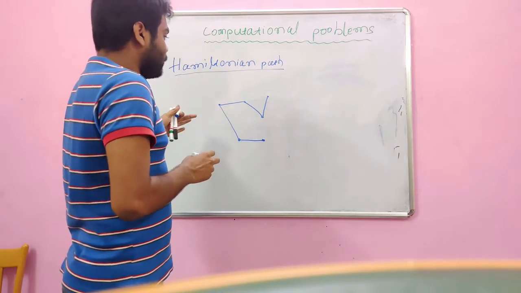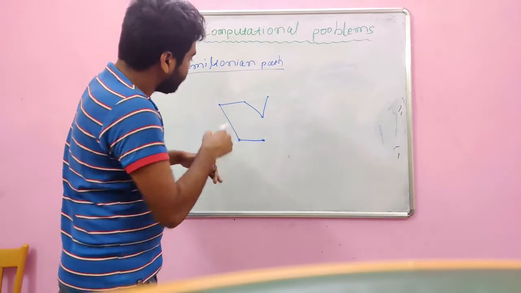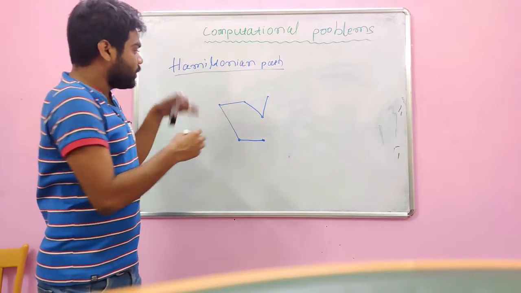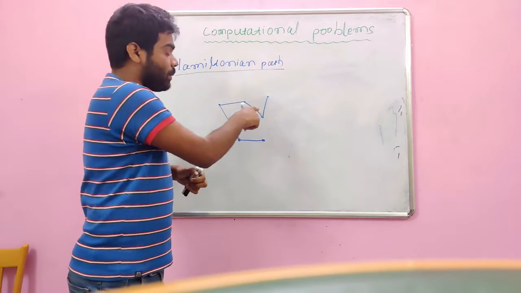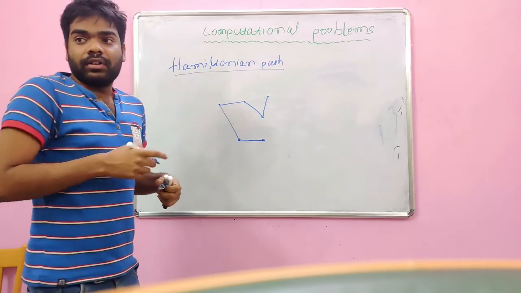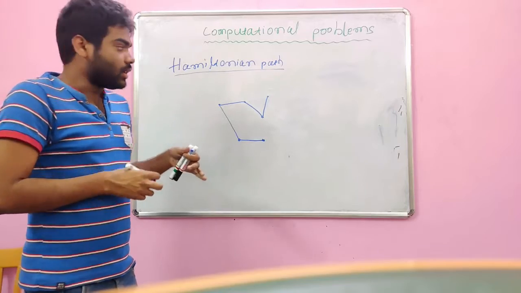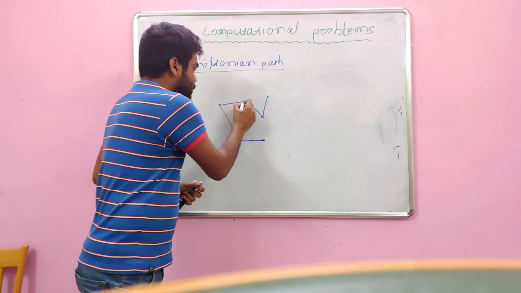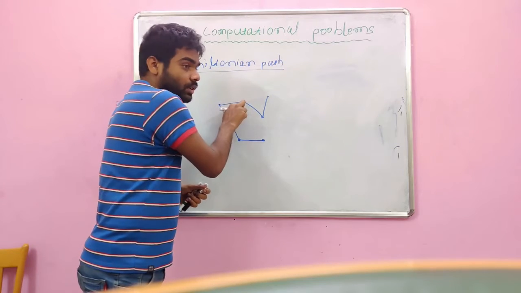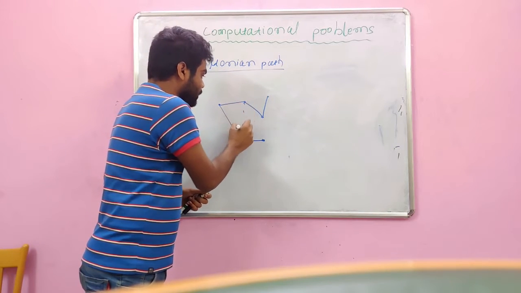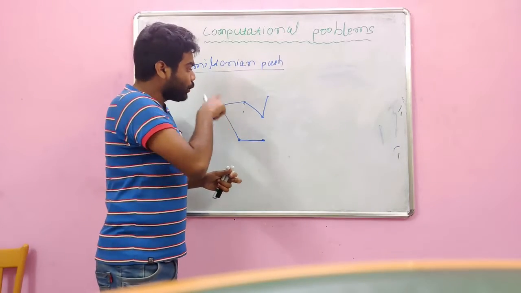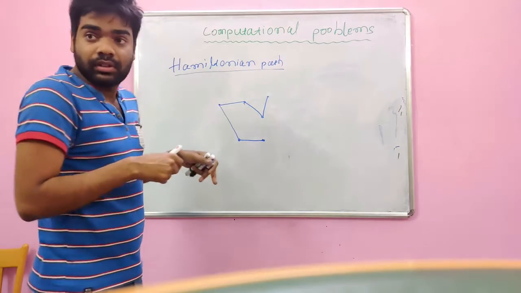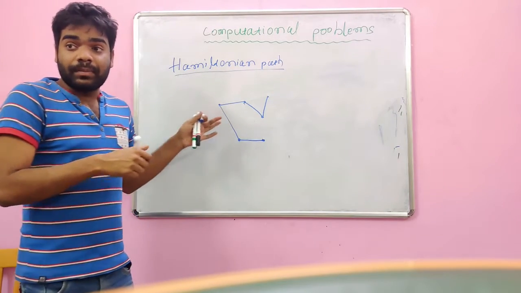In a Hamiltonian path, you just have to think of one thing: all the vertices will be touched only once. They cannot be touched like this, like this. So this is called a Hamiltonian path. Only one way line should be there, so it cannot intermix any two vertices. Only one time will your edges pass through one vertex. This line is passing only one time. If I draw like this, then it will not be a Hamiltonian path. So through each vertex, the line passes only one time. This is what the Hamiltonian path is.